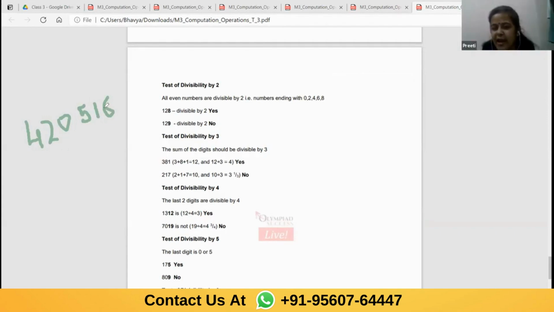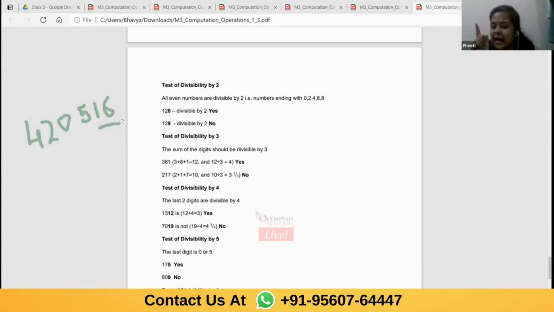Now this number, can you tell me is this divisible by 4 or not? How will you check? Ma'am, it's divisible because the first number is only 4 and 4 equals 4. No, Alarika, this is the wrong way. Ma'am, the last two digits make 16 and 4 times 4 is 16. So the whole number is divisible by 4.